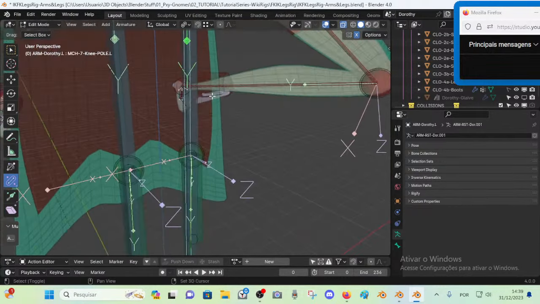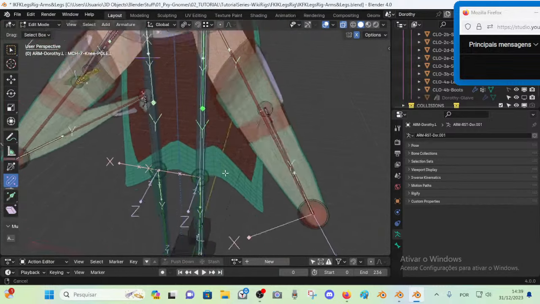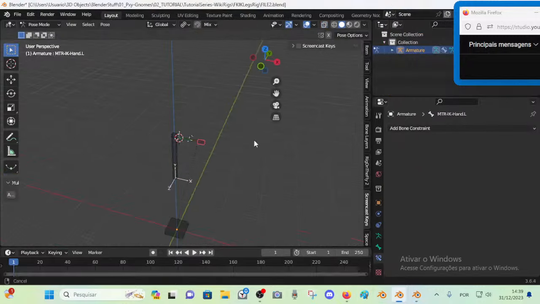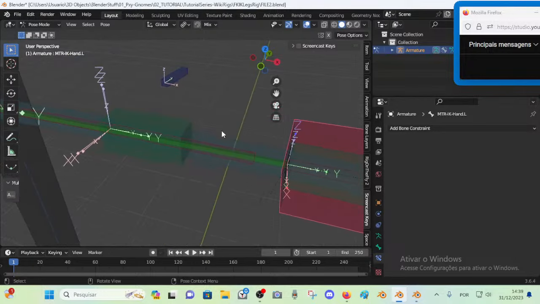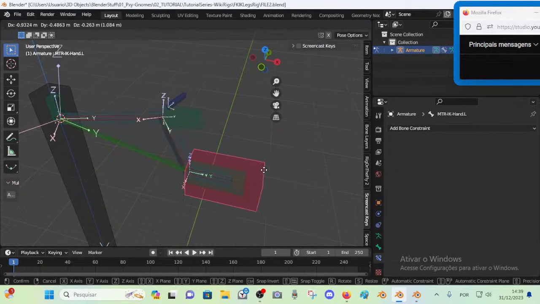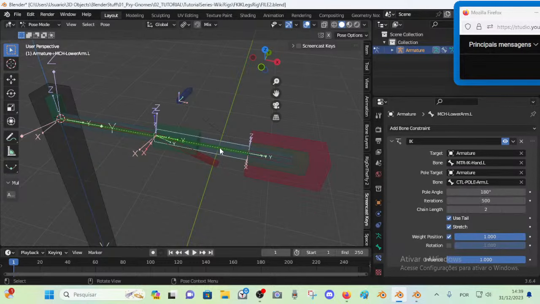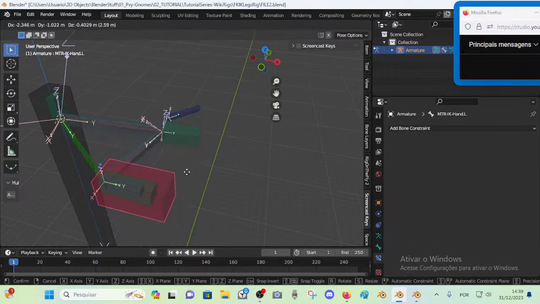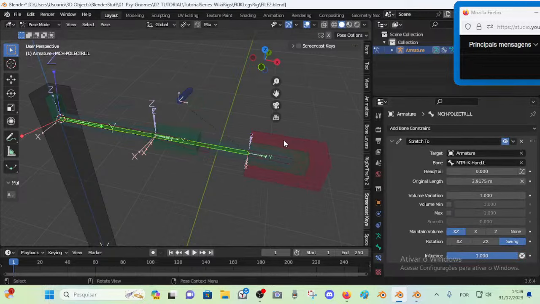What we have here is this automation. You see this mechanism bone here is the same thing we've done here for the, okay, is this one, right? I've changed the color to make it clear, so this is the mechanism pole control. It's just some sort of thing that the pole, in this case the elbow pole target, is parented, offset to this bone, so it will follow, and this is an automation, and this bone has a stretch to bone constraint to